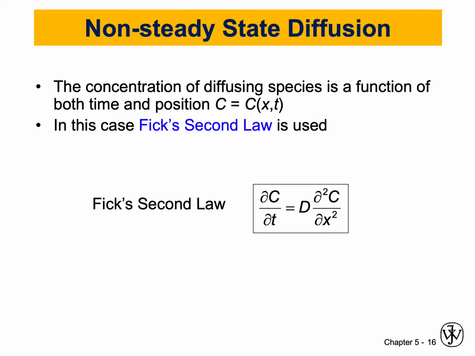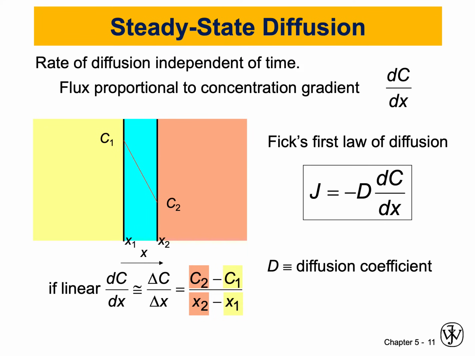We are still talking about diffusion. This is video number 8 in this lecture in the biomaterials class. In this video, we're going to talk about the non-steady state diffusion. If you remember previously, we talked about the steady state diffusion in which we described Fick's first law. To recall, Fick's first law says that the rate of diffusion is independent of time, it just depends on position. J is minus D multiplied by the concentration gradient dC over dx, which is a position dependent concentration.